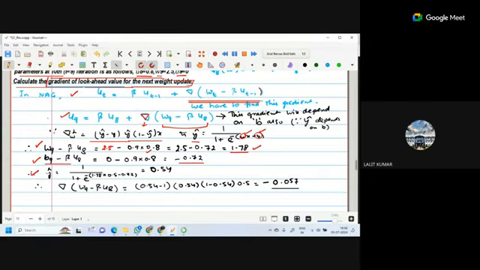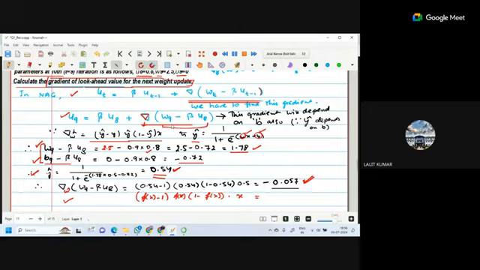We find y hat now at this w and b, which comes to 0.54. Now once we have got this, my gradient calculation becomes easy. Now for the gradient, I just have to put the values into (f(x) minus y) into f(x) into (1 minus f(x)) into x. In the question they have asked for w, so this is the formula. I just put the values of y hat and I get the answer. So this question,